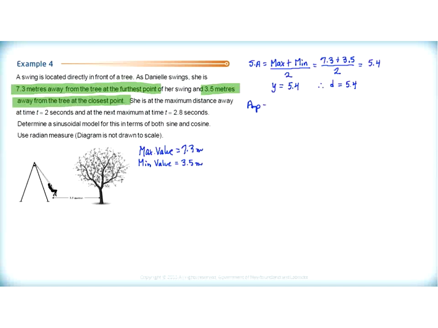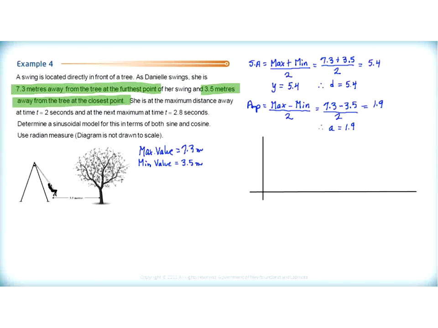Next, we can determine the amplitude in a similar way by taking the maximum value minus the minimum value divided by 2. So we have 7.3 minus 3.5 divided by 2, which is equal to 1.9. So that gives us the value of a. a is equal to 1.9. Now, we need to sketch a graph to determine the period and any translations that may occur. So just to sketch a graph of what's happening here,